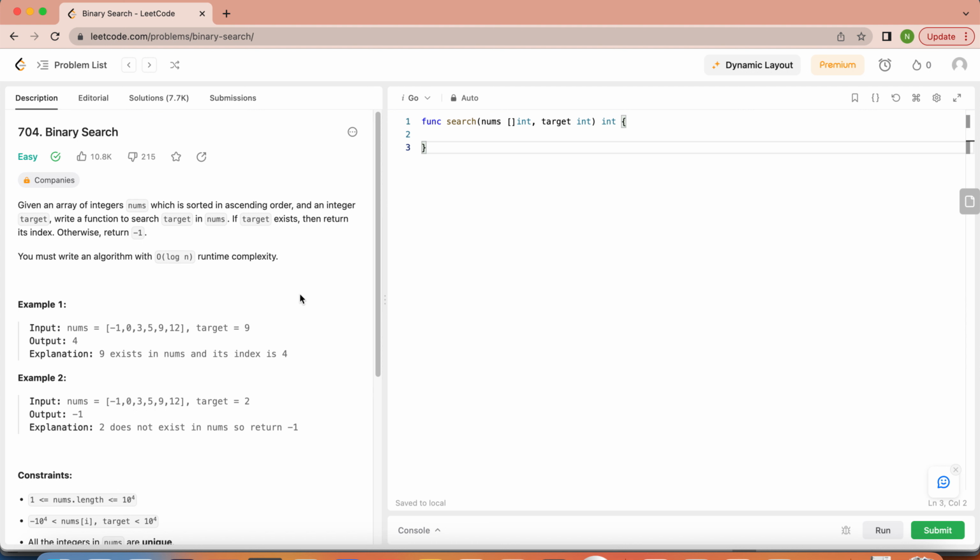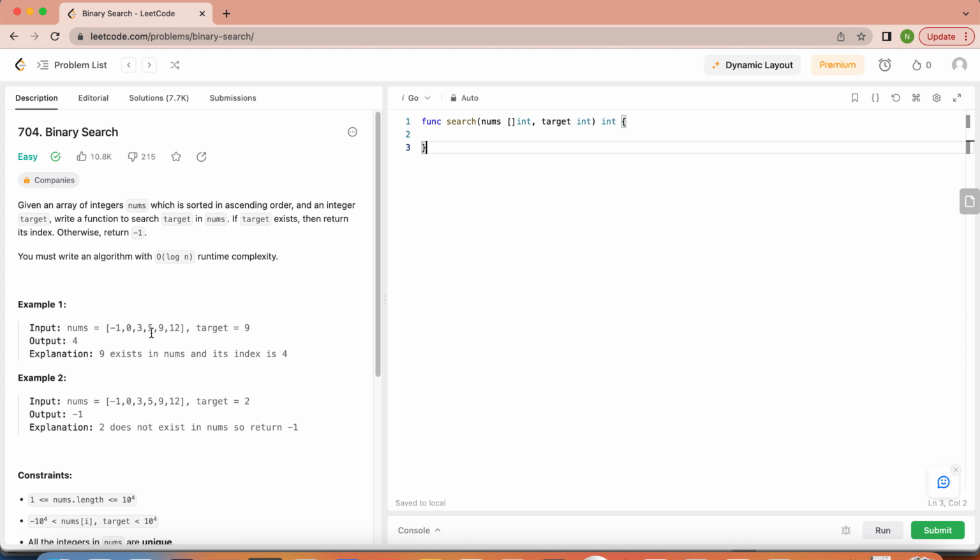So we'll see the problem here, and I'll just write the answer for this. The solution will be: if you search for this 9, then we'll find the middle point first in this array, and then from the middle point we check whether, let's say 5 is the middle point, then we'll check with the 9 if the target matches this middle point. If it matches, then return the index. But in this case, 5 is not equal to 9. So in that case,